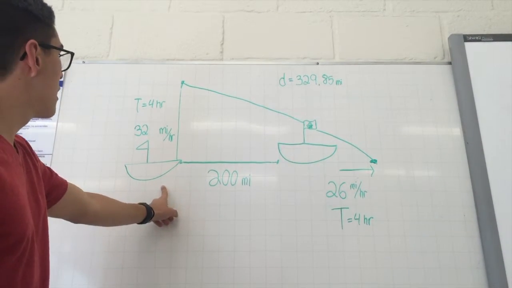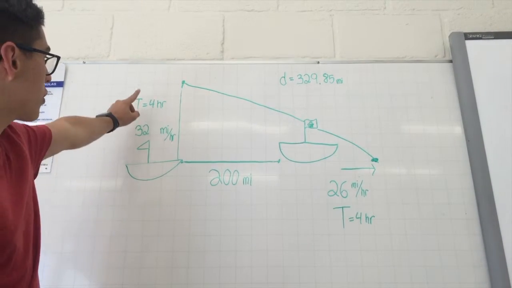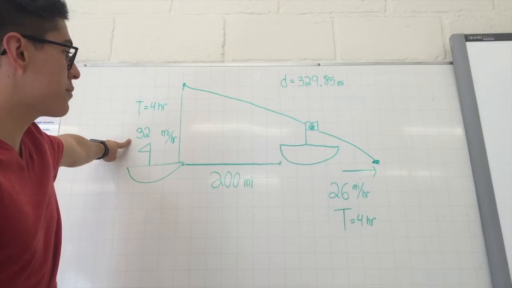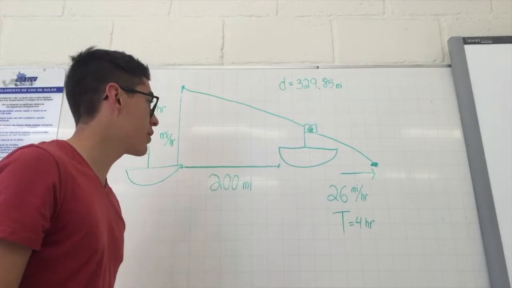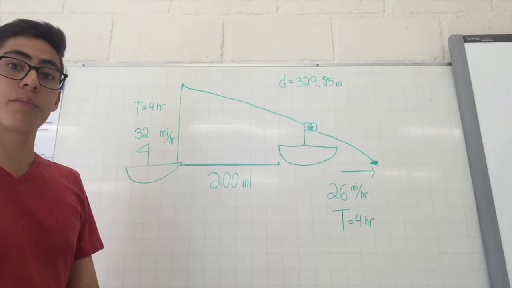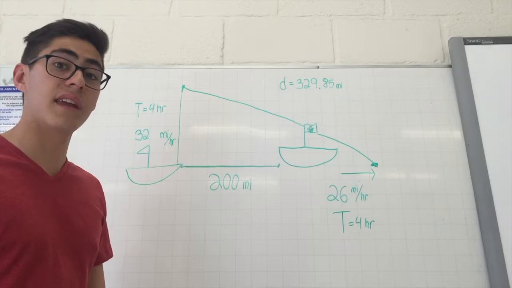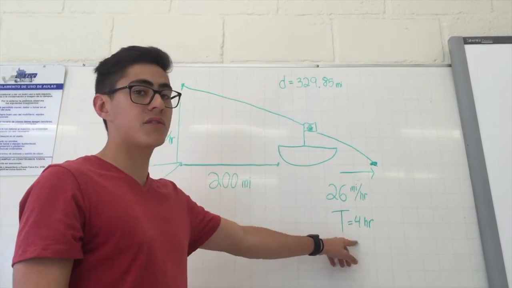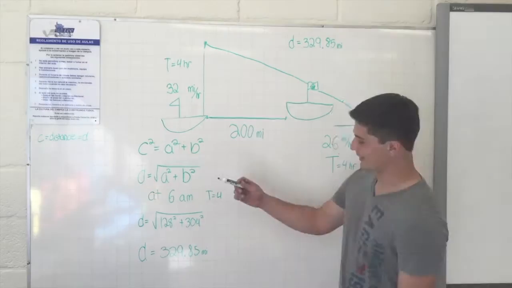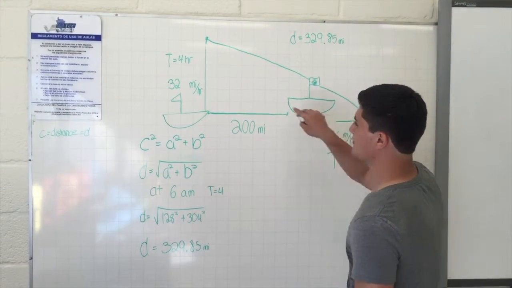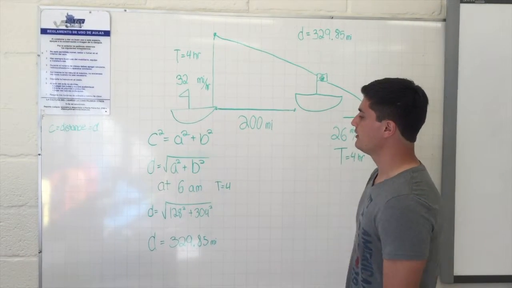From this one, and at 2 o'clock they start moving this one north at 32 miles per hour, and this one east at 26 miles per hour. And our problem asks how fast the distance is increasing 4 hours after, at 6 o'clock. In order to find the distance between the ships at 6 p.m., we use the distance formula